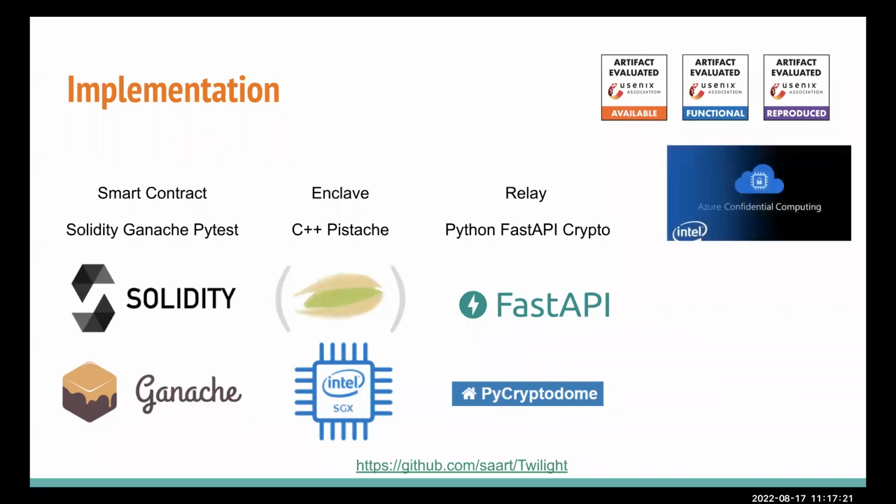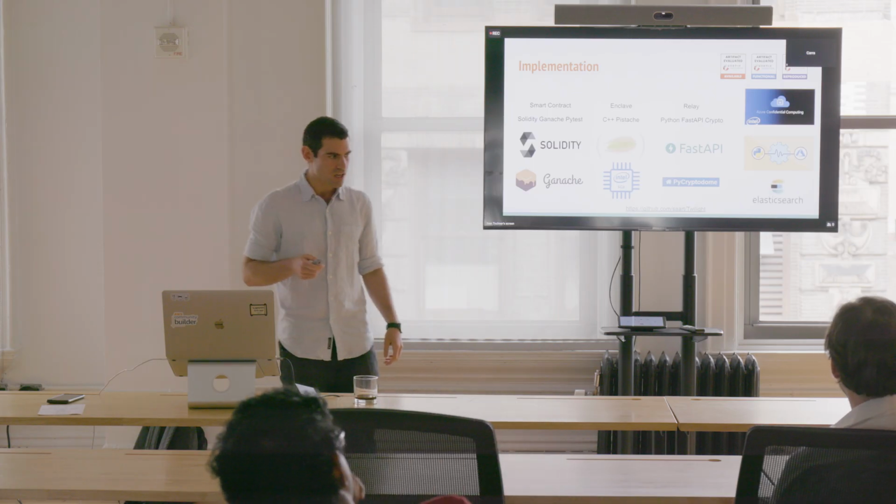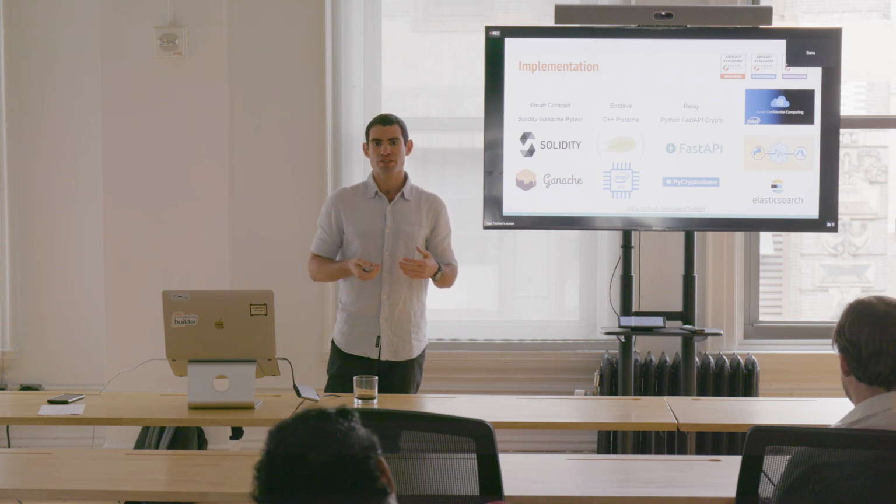We implemented it all on Azure Confidential Computing in order to have dozens of machines with SGX hardware. We used the Azure SDK in order to create big topologies with different connections. We wanted to use real-time network delays, so we created our machines in different places across the world. And we had to somehow monitor everything. So we used